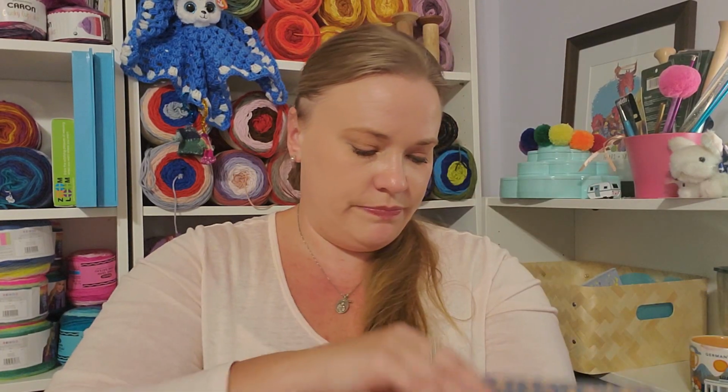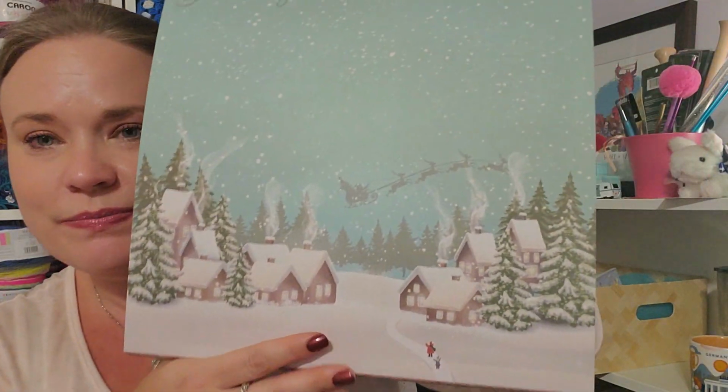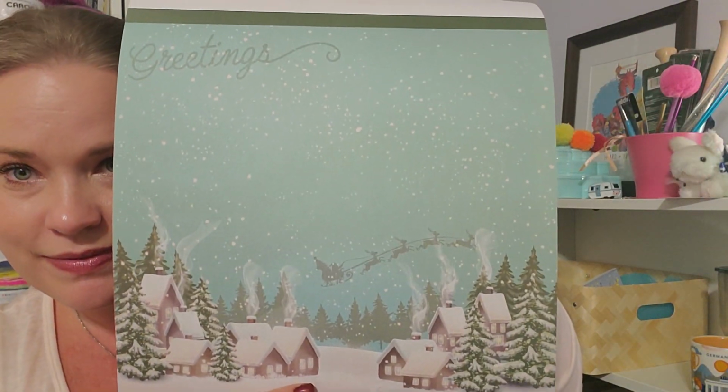Hello, Curzon. Got a faded candy cane pattern with some glitter. Oh, this one matches this room. Might frame that one and put that in here. I actually have the frame coming to...